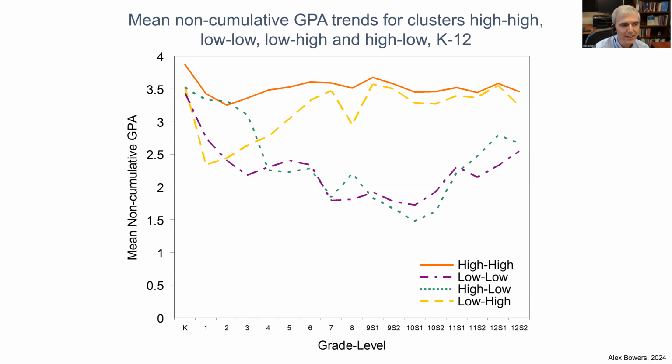But then one of the most interesting clusters is the low-high cluster. These students start low, but then again, there's a lot of variance. It's a very small cluster, but they rise over time. And so, in my work in education leadership, one of the things I like to talk about when I use these kinds of pattern analytics is not only can we see the longitudinal trajectories of every individual student throughout their time in your school,